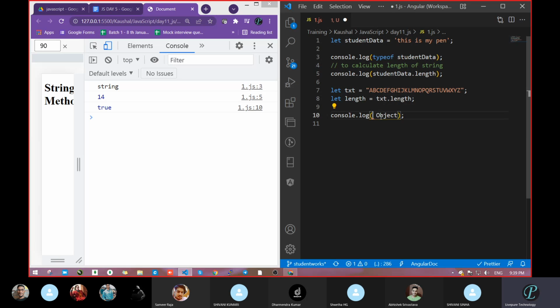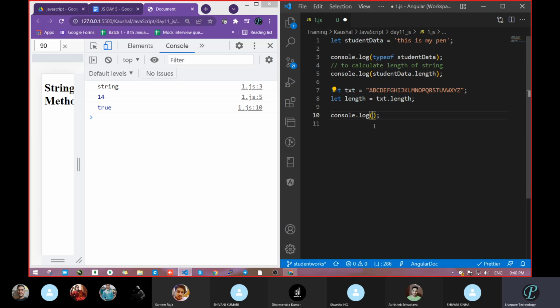So how to check whether something is an instance of object or not? With the help of the instanceof operator. In interviews, they ask that question. So don't be confused about what is an object and what is this object. If anybody tells you how to get data from the object, think of our curly braces object. But if anybody asks how to check instance of object, then think of instanceof.